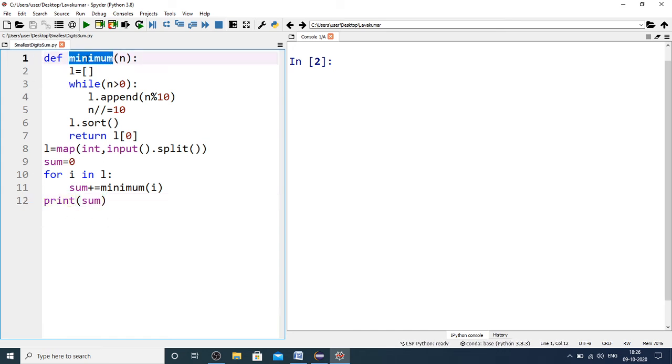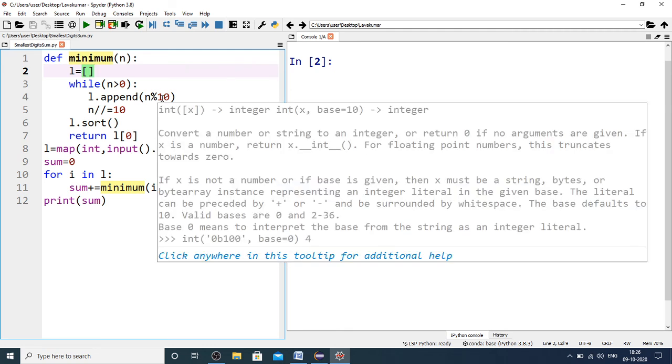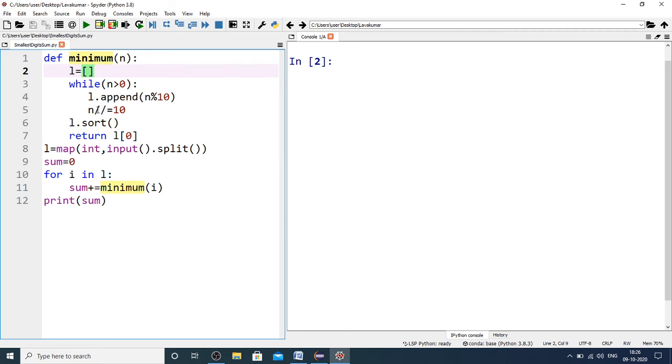And coming to the minimum definition, again I'm creating my own list because there is no type declaration in Python. So I'm defining my own list, which I'm initializing to empty, and whatever the last digit that will be there in that number, I'm appending it to the list. And here I'm using the